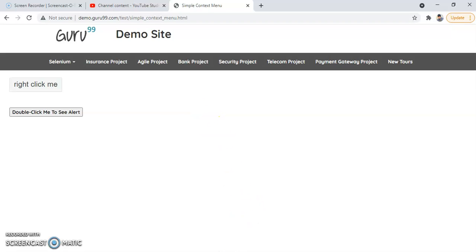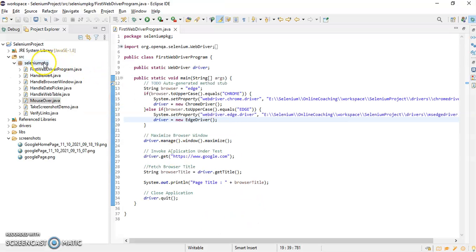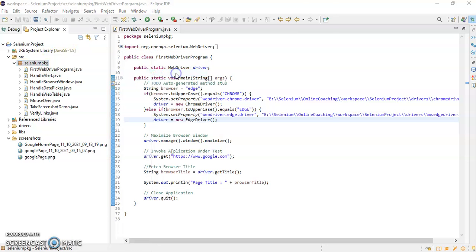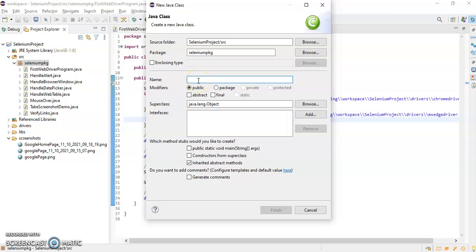So for that I will go to Eclipse and I will create one class and I'll name it as perform right click.